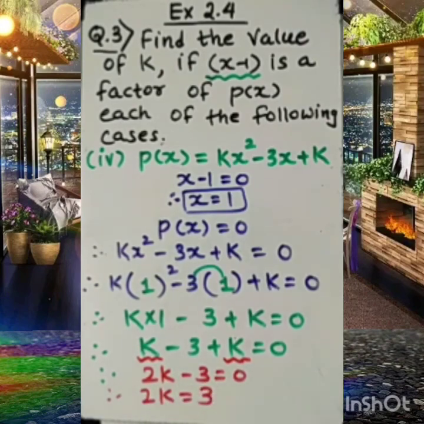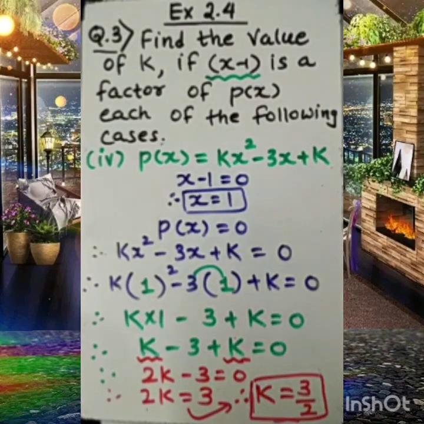The minus 3 will become plus 3 on this side. Therefore, next step, k equal to, let me make k the subject. So 3 is already there. This 2 is in product, so on this side it will become 3 by 2. So k equal to 3 by 2. So this is the complete solution of all the 4 questions of question number 3.